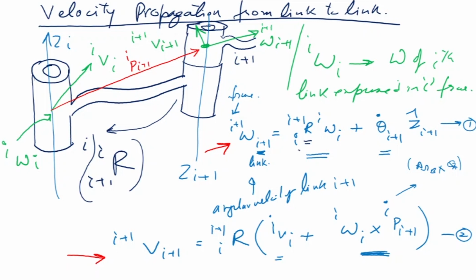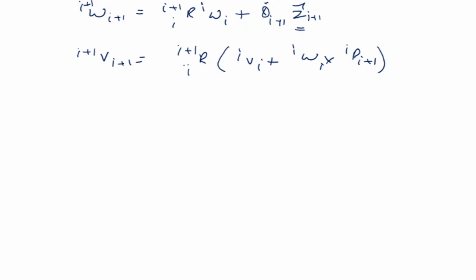But here what I'm doing is going in the other direction. So this matrix is actually i plus 1 R i, because I'm going in the other direction now. Please note that this rotation matrix is in the other direction. Okay, so let's start off by saying that we are given theta 1 dot and theta 2 dot. We're given these two. Let's start applying these two equations uniformly.